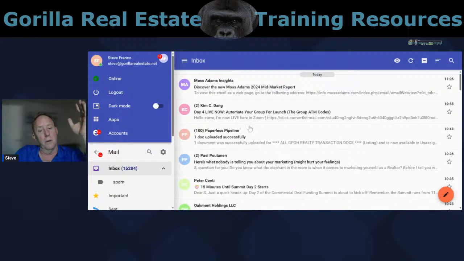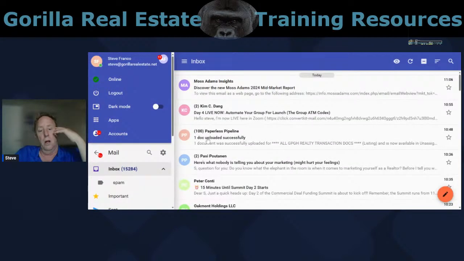But this is your email. It has a mini CRM in it. Don't use it. I mean, you can use it if you want, but use this as your CRM. Use this as where you store all your contacts. Let this pretty much be your email. I don't do a phone line anymore. I have a company number and I can route that to you if you want to catch company phones. But right now we give you an email, we give you Paperless Pipeline,